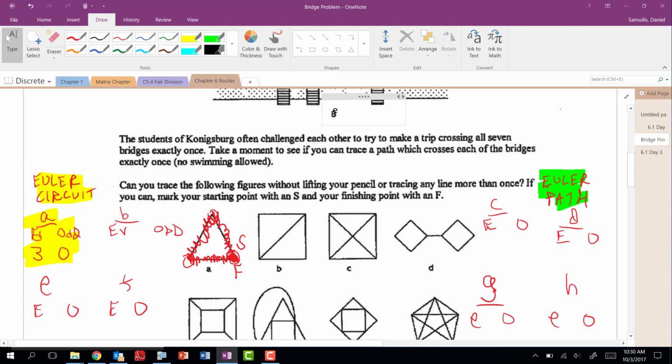Okay, here we go. So when I did this first one, in the spirit of the bridge question, we're going to make some conjectures, as if the bridges were like this drawing. I think I started here with this one, and then I went this way, and this way. So I never had to lift my pencil. This is in the spirit of the bridge question. I use every bridge once. And according to the directions, here's the starting vertex, and I finished here.